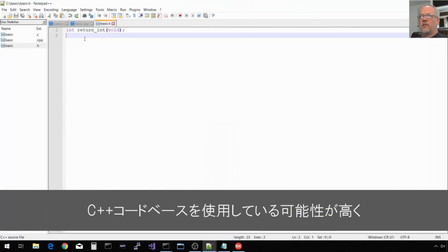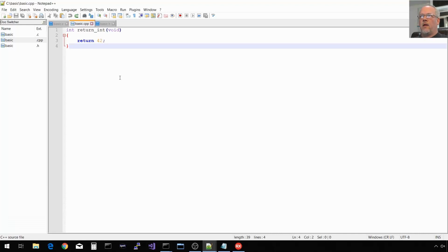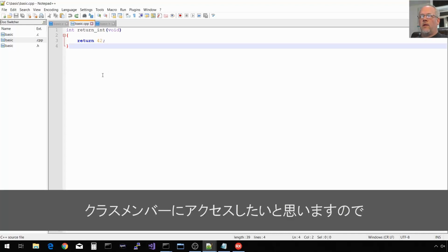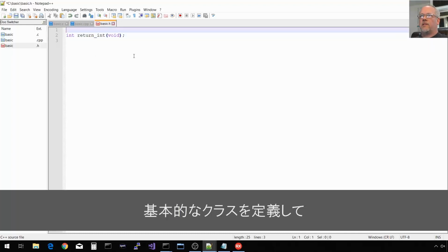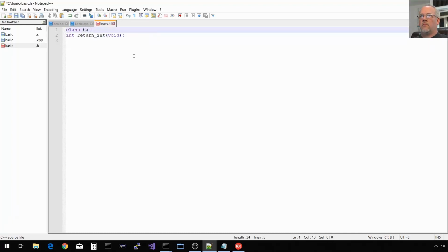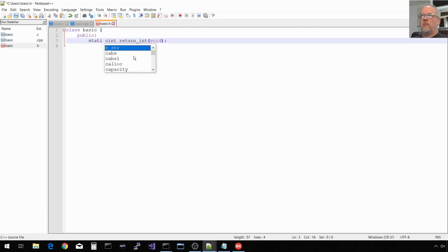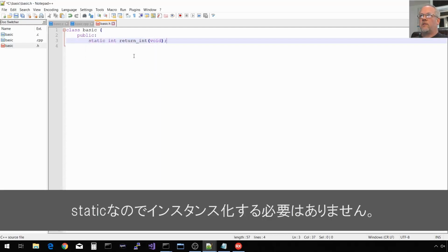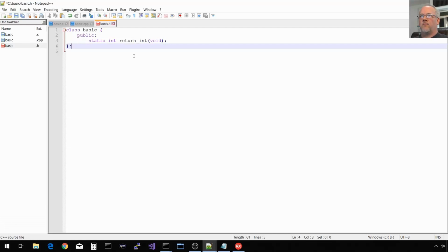Let's say you're using a C++ code base, highly likely, and you want to access a class member. So let's define a basic class and make this a public member of that class and call it static so we don't have to instantiate, and that's all we need.